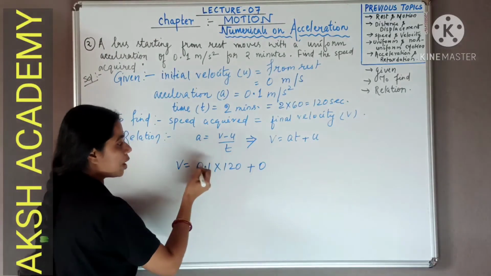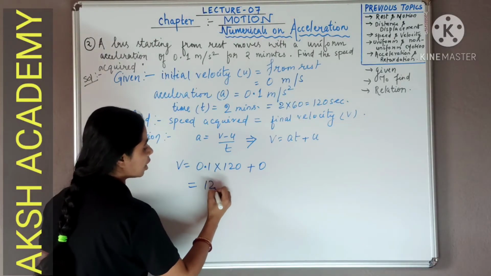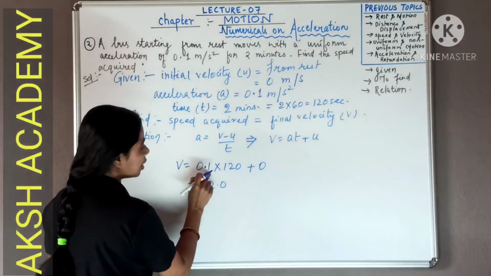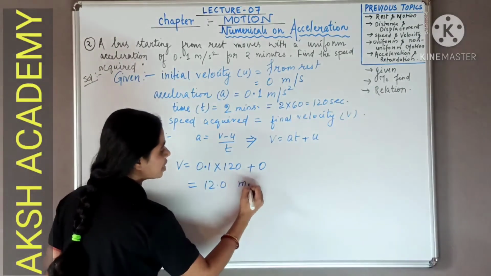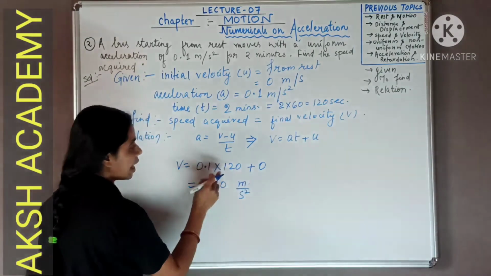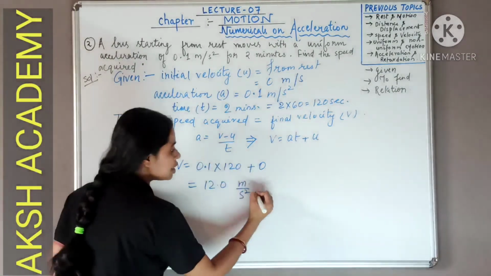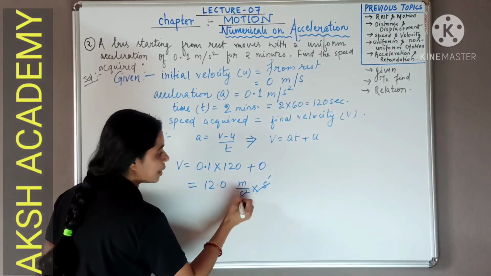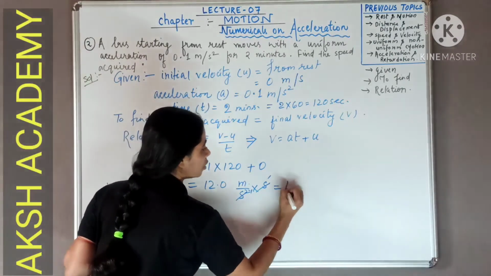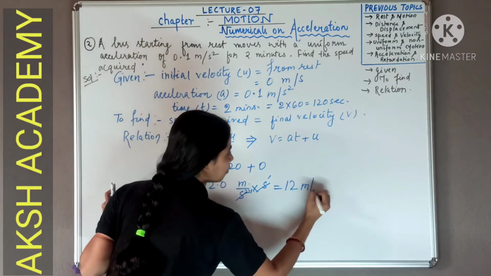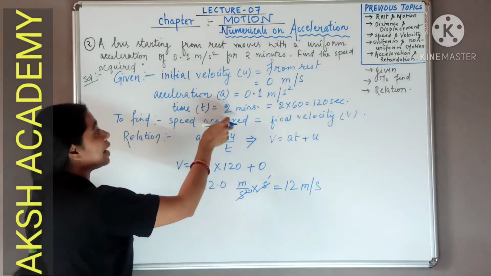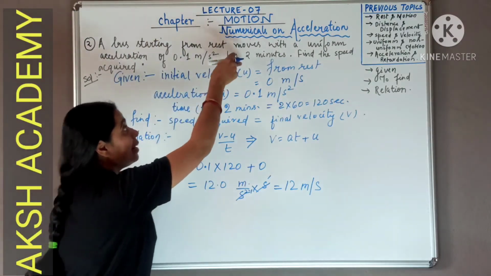When we multiply 120 into 0.1, it comes 12.0. Now what will be the unit? Here the unit is meter per second square, and here the time unit is second. So one second will be cancelled out. So here the unit will be 12 meter per second,